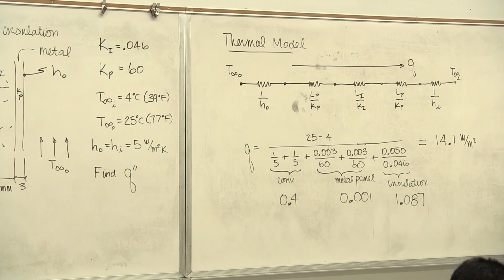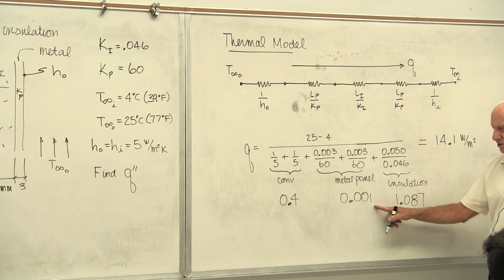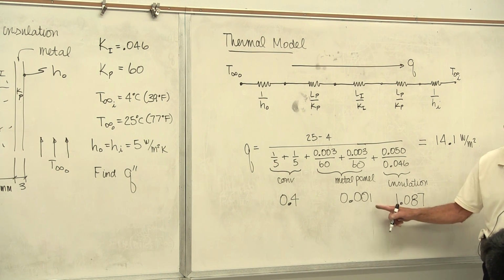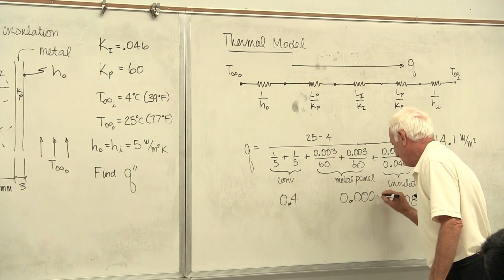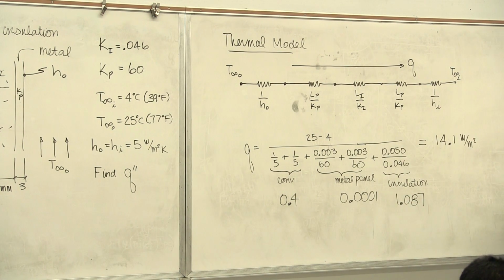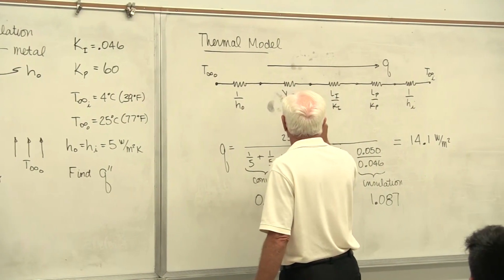Somebody says, what's giving us the biggest resistance for the heat to flow from the kitchen into the refrigerator? Well, look at the resistances. A big resistance means it's insulating. Oh yeah, it's big. Kinda big. Negligibly small. Negligibly small. I missed another one. Really small. Could we have neglected those 2 resistances? Oh yeah. If you had experience, you'd say, you know what? Neglect.